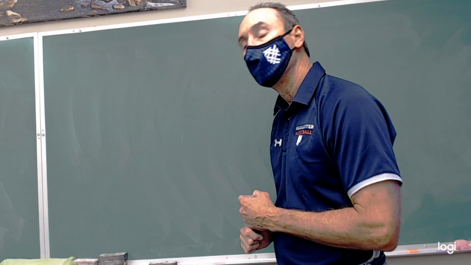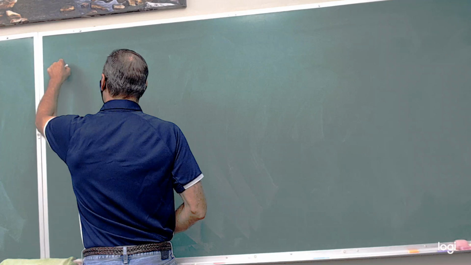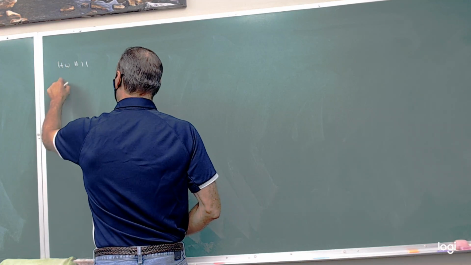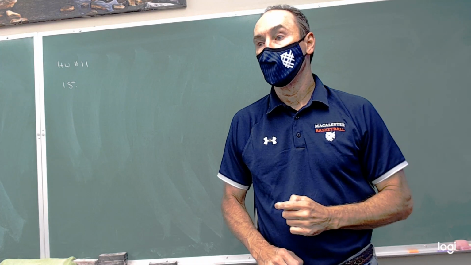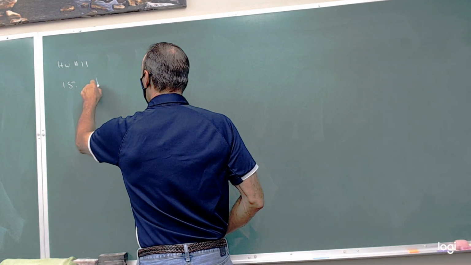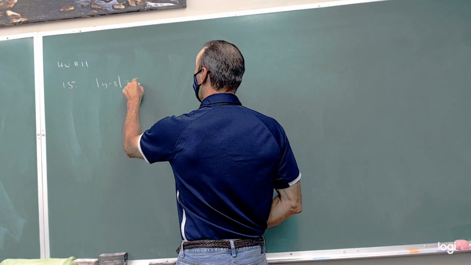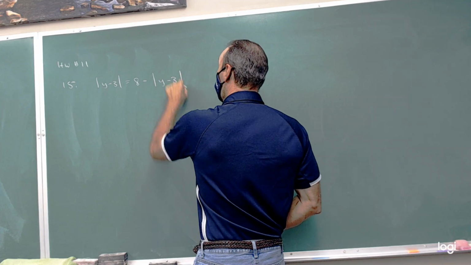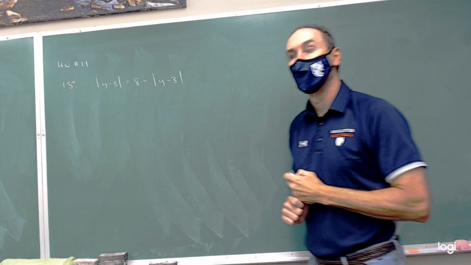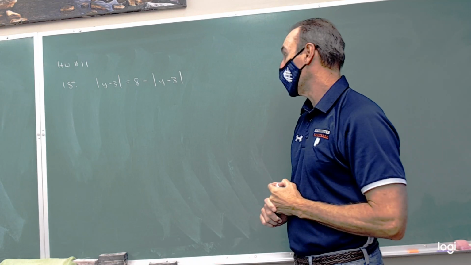Can we go over problem 15 on homework 11? So homework 11, number 15, do you know what that is, or is that out of our book? It's the absolute value of y minus 3 equals 8 minus the absolute value of y minus 3. Okay. And I think we're finding domain and range. Trying to find domain and range. Okay. So